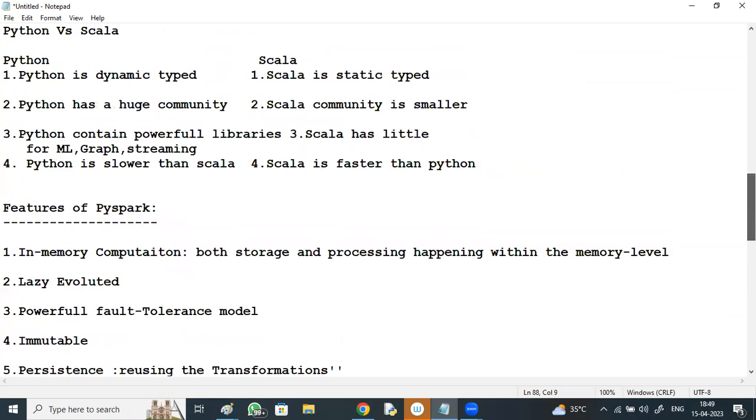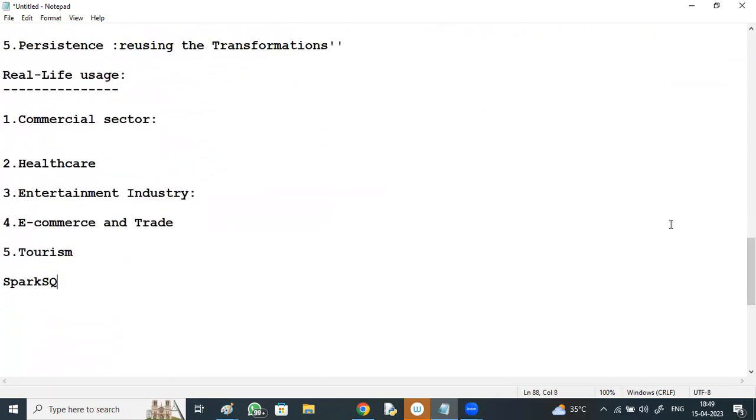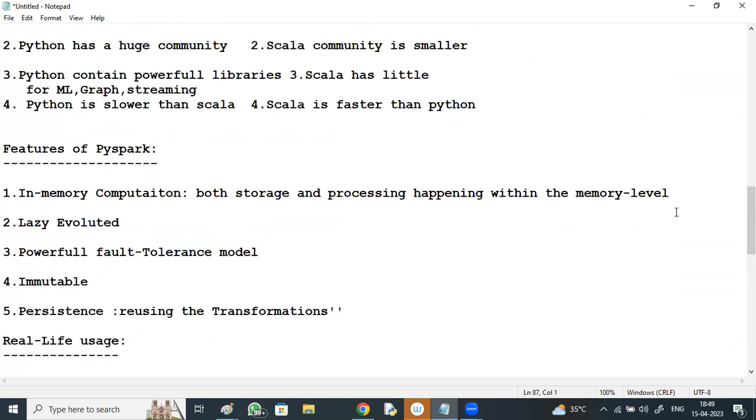Sir, what are the differences between PySpark and Spark SQL? Is it only the language that is different, or is it completely different? It's a component in Spark: Spark Core, Spark SQL, Spark Streaming, Spark MLlib. For making the data structured, Spark SQL introduces the data frames concept. Spark data frames are different from Pandas data frames, though those can also be used within this Spark environment.